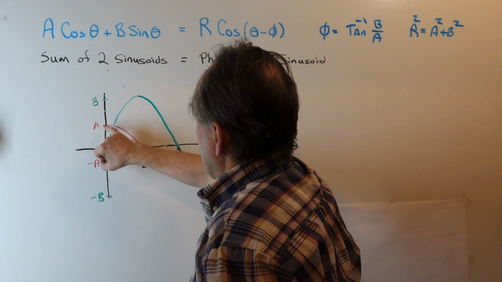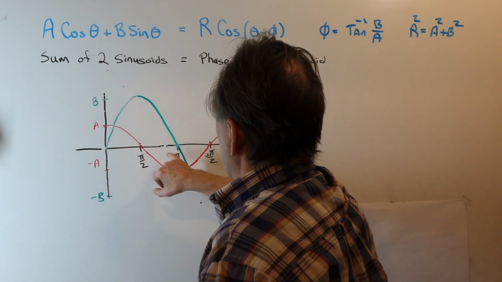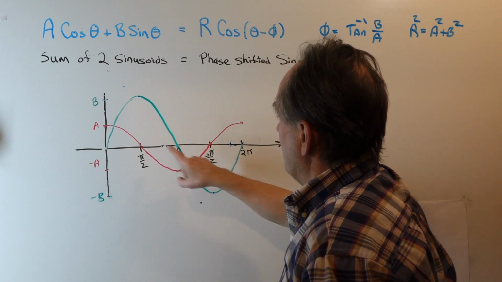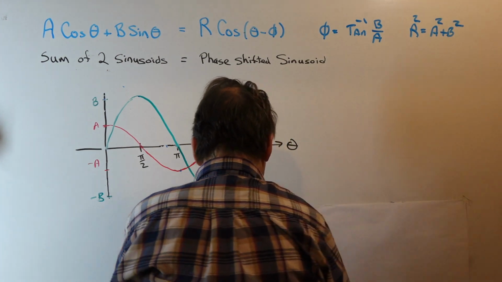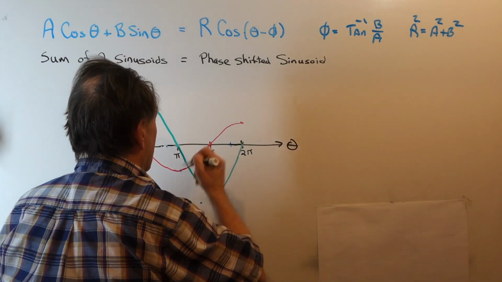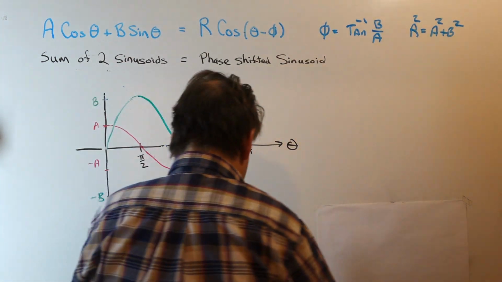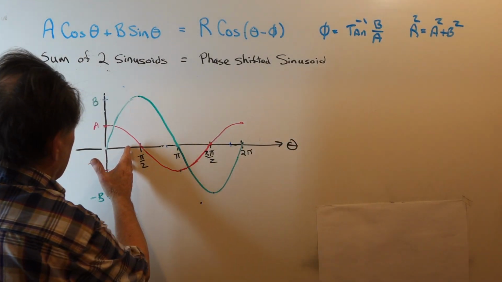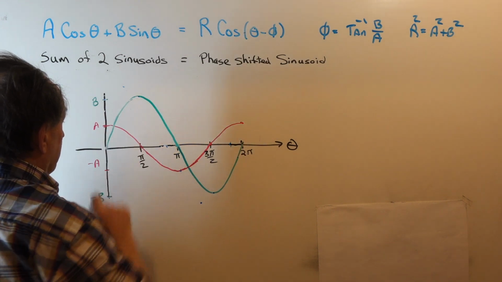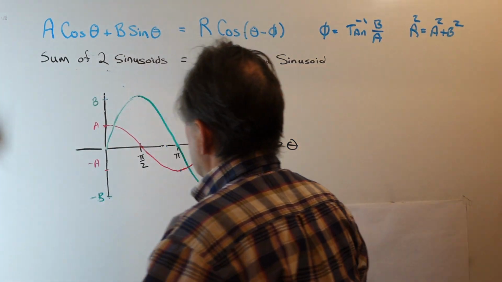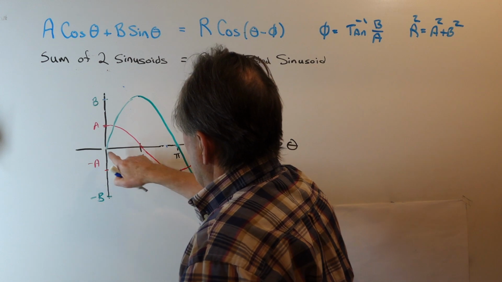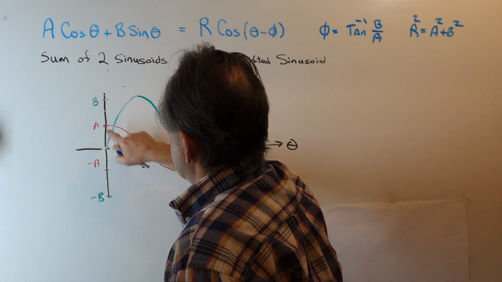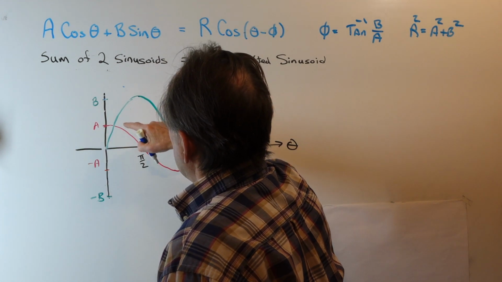The cosine has its maximum at 0 and minimum at pi and goes through 0 at pi over 2 and at 3 pi over 2, as I'm showing here. Now when we add these two together graphically, we pick a given theta and then add the amplitudes at a given theta. So the sum at the origin, since the sine function goes through 0, will just be the